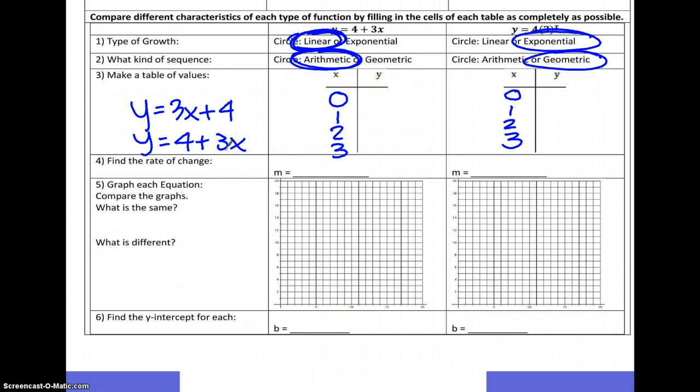The 0 term is 4, and it's adding 3 every time. So 7, 10, 13. Our slope, or m, rate of change, is 3. Over here, we had y equals 4 times 3 to the x. So in that case,